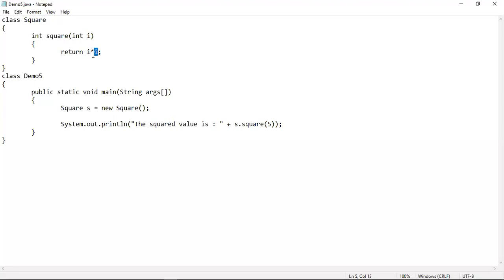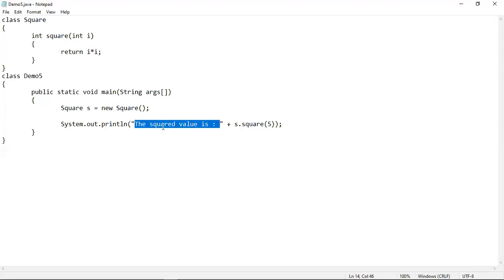That multiplication will give you 5 into 5, 25, and the value 25 will be returned to the main method. It will be returned to where? It will be returned to the statement where the call is being made, and that value will get printed on screen.